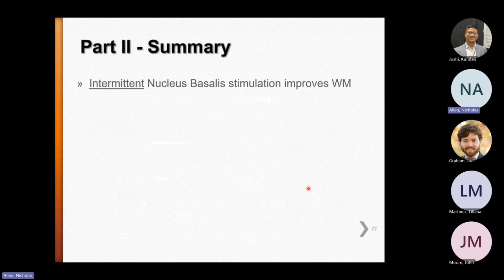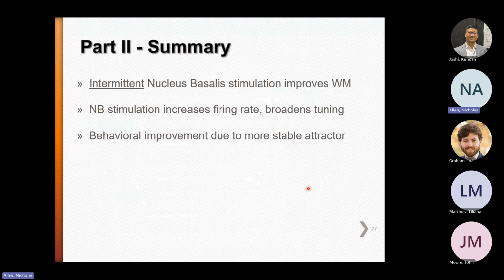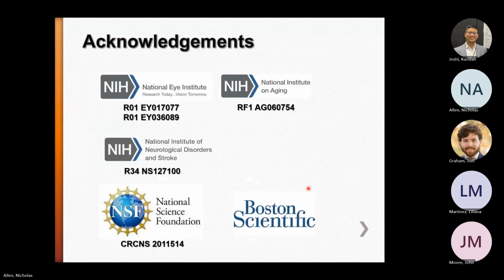So I showed you that intermittent stimulation increases the firing rate, unlike the counterintuitive potency that we expected, and we were able to explain how that works. That causes a behavioral improvement. And finally, I showed you that this is effective not only in young adults, but also in aged animals. This research, and our industry partner, was Constantinidis, who developed this with us.